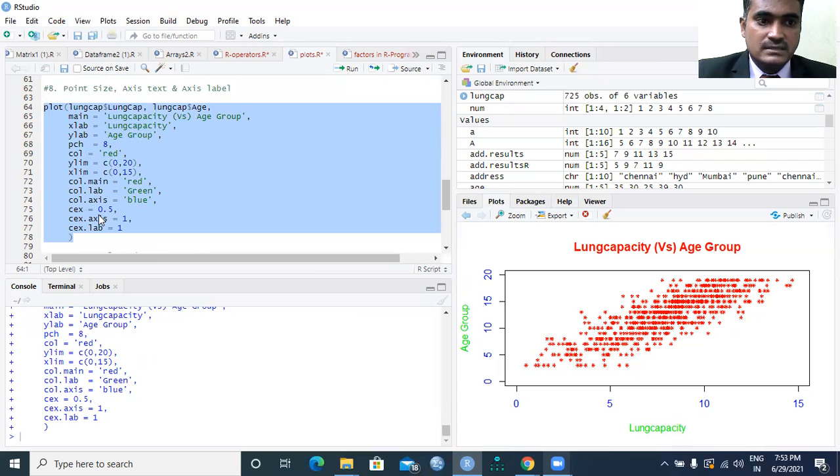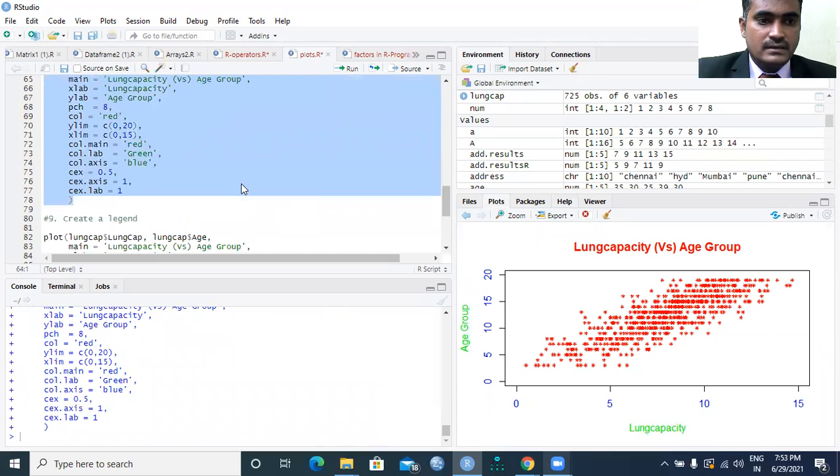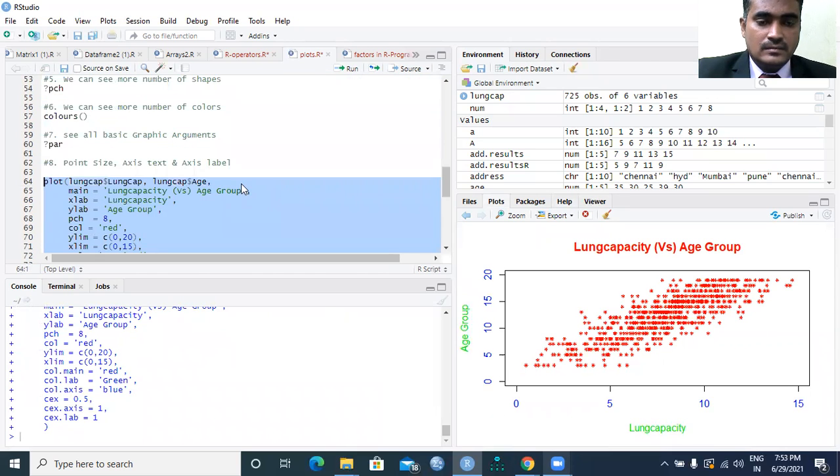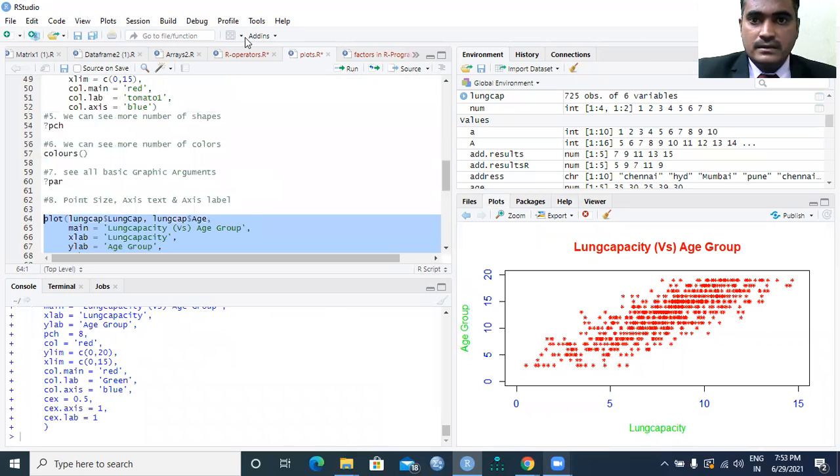I hope you understand this, and tomorrow we will see legends: how to add a legend to plots created in R programming.